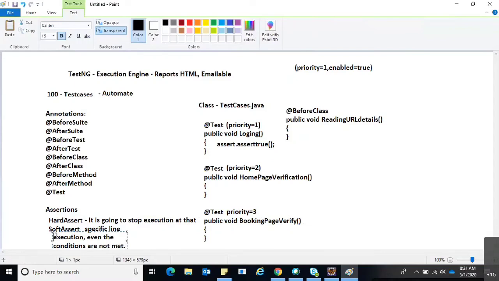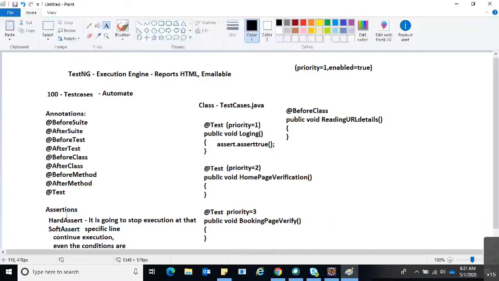So that's the reason we use assertions as well.